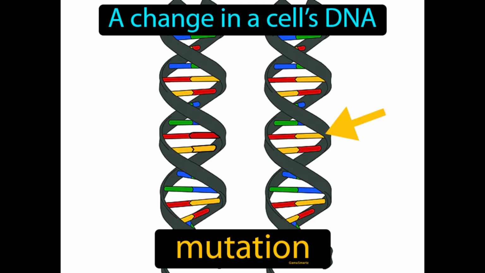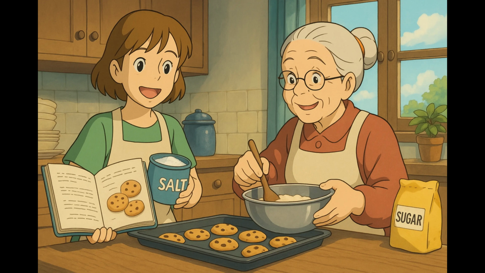A change in a cell's DNA. Mutation. In simple terms, a mutation is an alteration in the genetic code that can affect how a cell functions or develops. Imagine you're following a beloved family recipe for chocolate chip cookies, but you accidentally use salt instead of